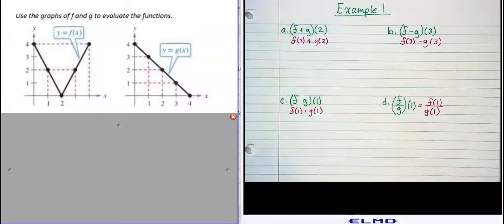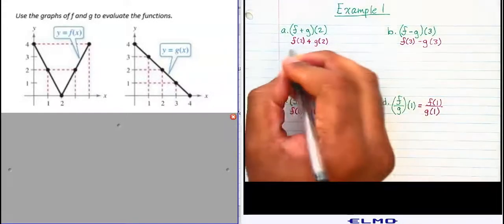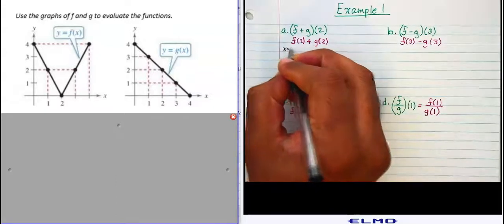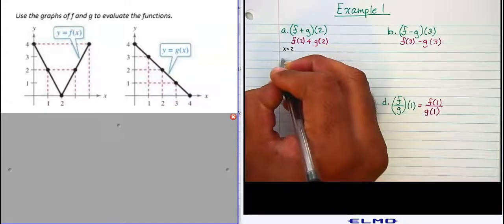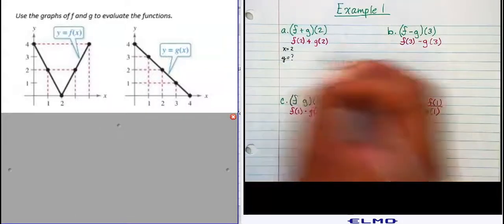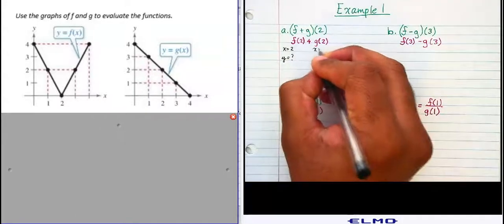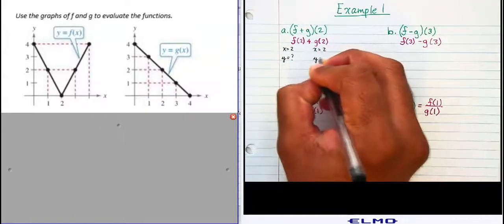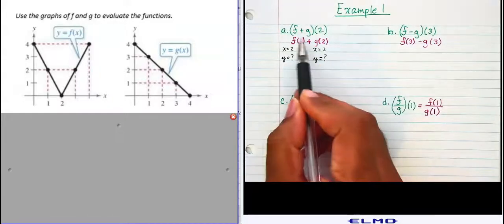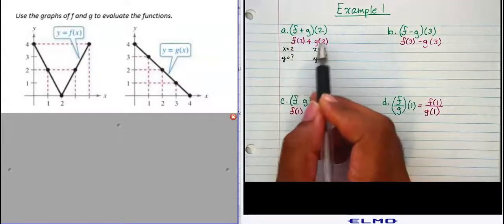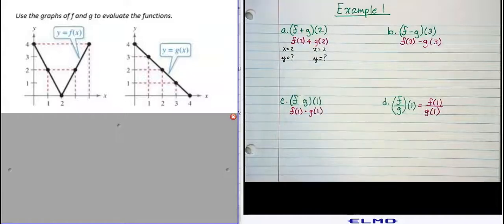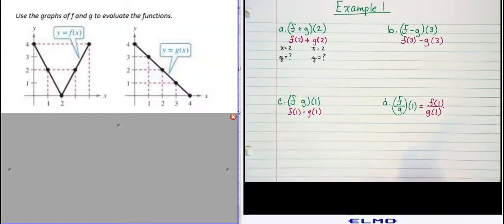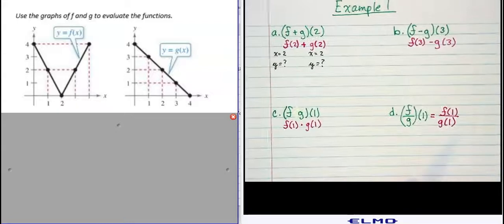Remembering each one of these parts, we said that whenever we deal with this, this tells us x equals 2, and we need to find out what y is equal to. Same thing here. When x equals 2, what is y equal to? Only difference is this one's looking at the f of x function, this one's looking at the g of x function. So looking at that part, and let me zoom in a little bit more so everybody can see. All right, so looking at that,